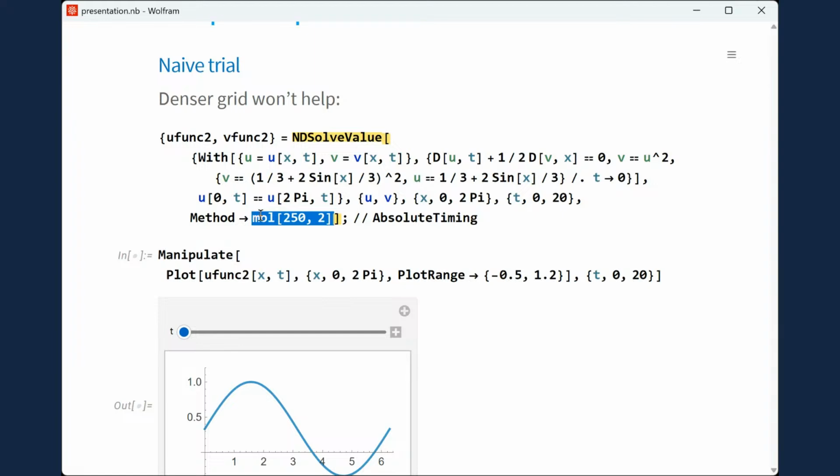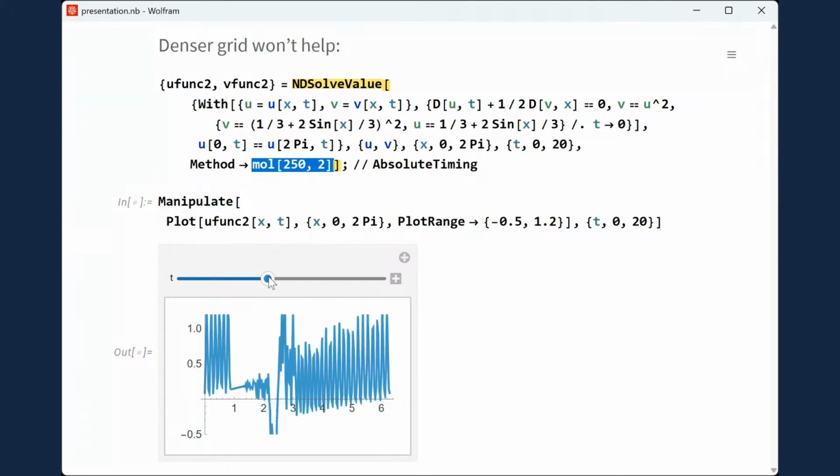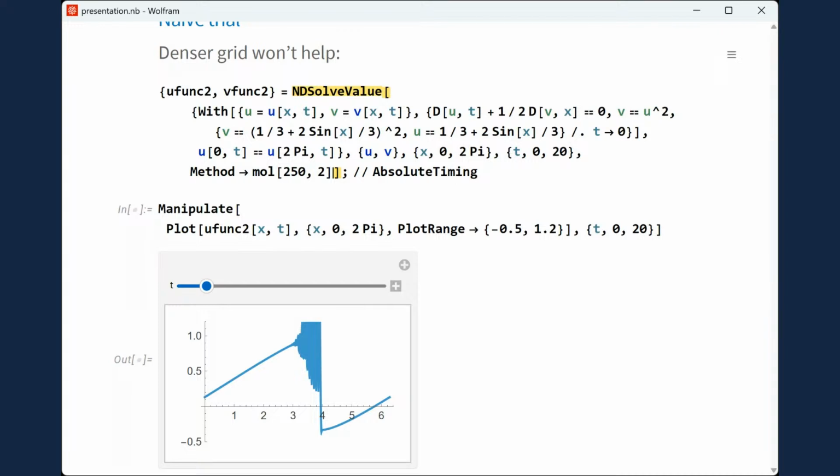Here we use 2,250 points to solve the problem, but we see it gets worse. So why does it fail? It's because